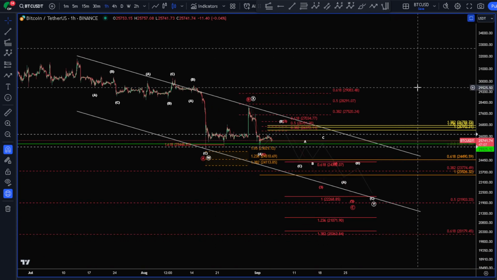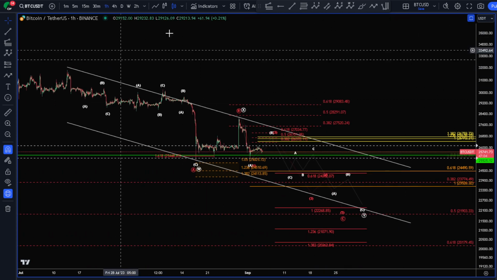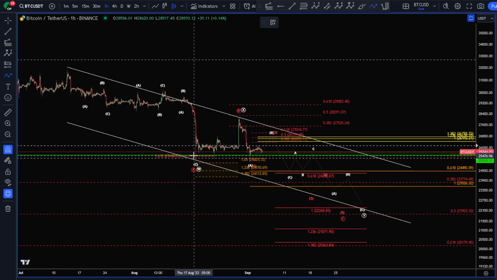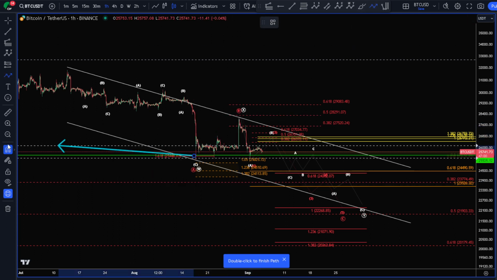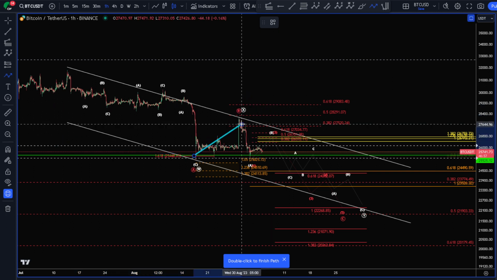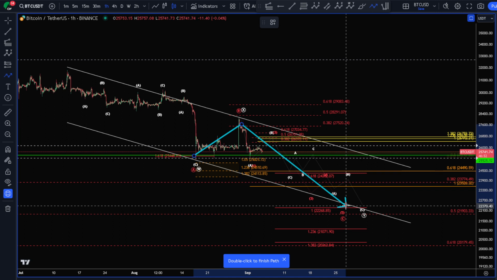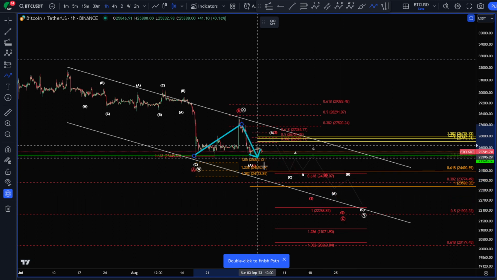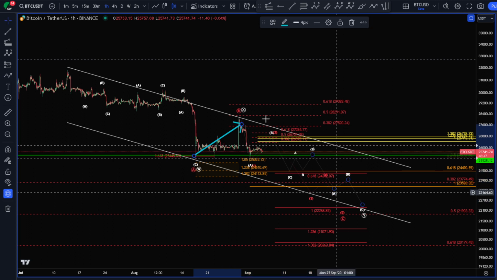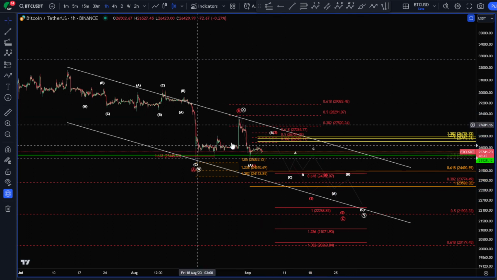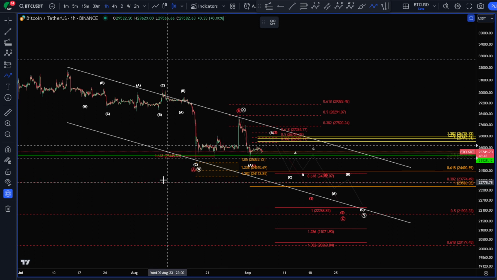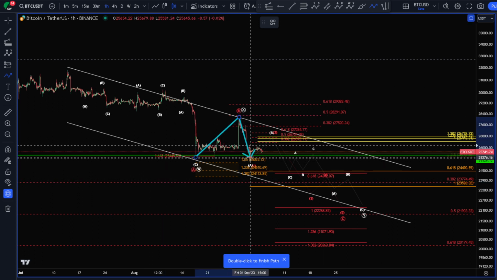So there's a couple different things that can happen in this area. One is that this is all the X wave, and we come directly down to the 1-to-1 at 22,268 in either a 3 wave or a 5 wave. And the other option is we are still currently working on this X or B wave, and we come down here in an ABC, hit at least the 618 extension to keep that play valid.